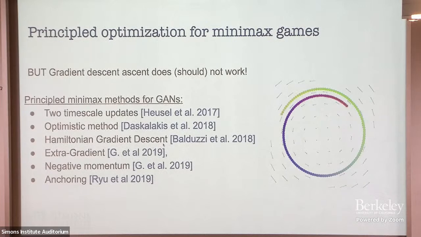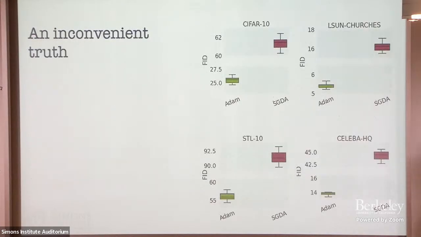So all these works got inspired from way older literature. So for instance, Costis has a paper on optimistic methods for GANs, and optimism dates from 1960, no? Something like this, 80, yeah. And extra gradient dates from Korpelevich, 1979. So yeah, but this paper was kind of revamping the old methods in the context of GANs. But unfortunately, there is an inconvenient truth,